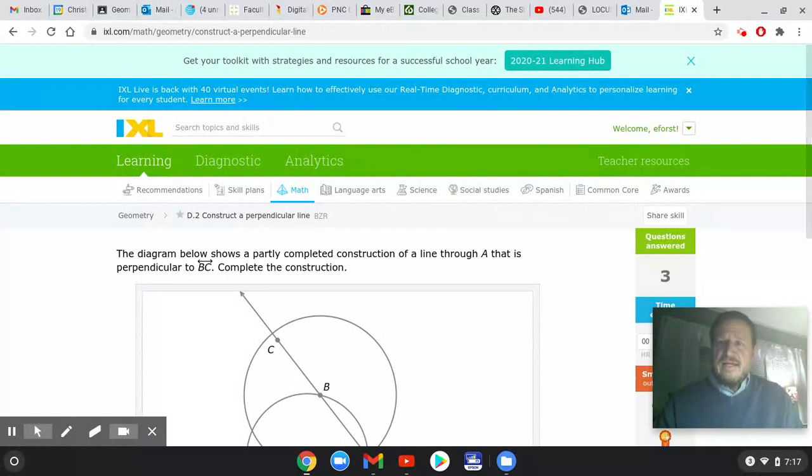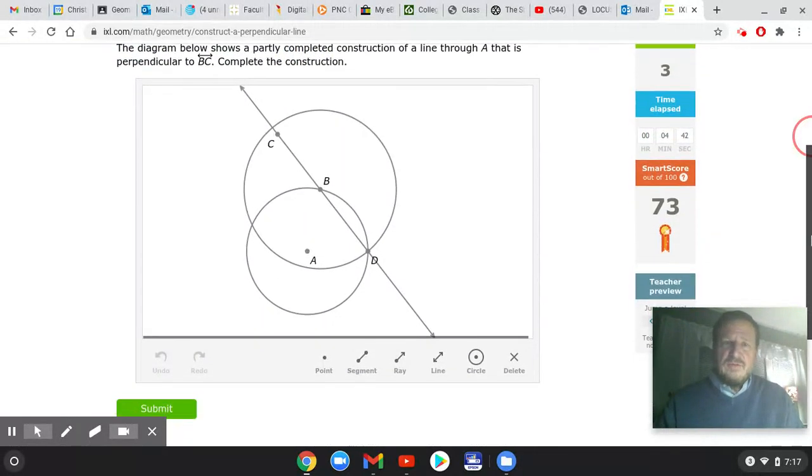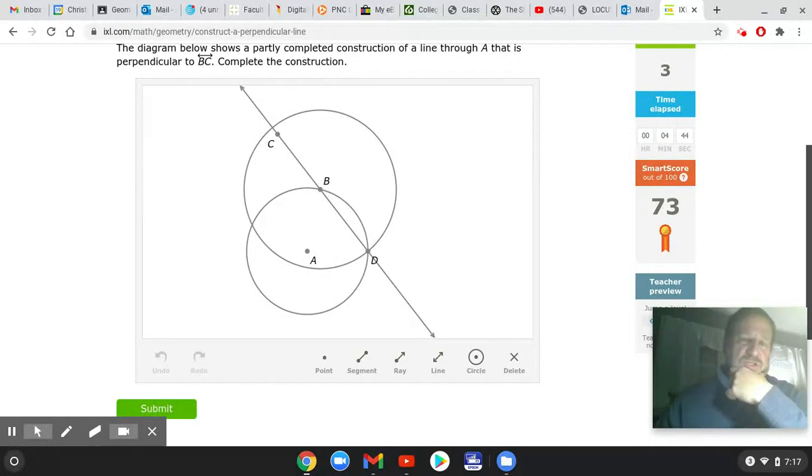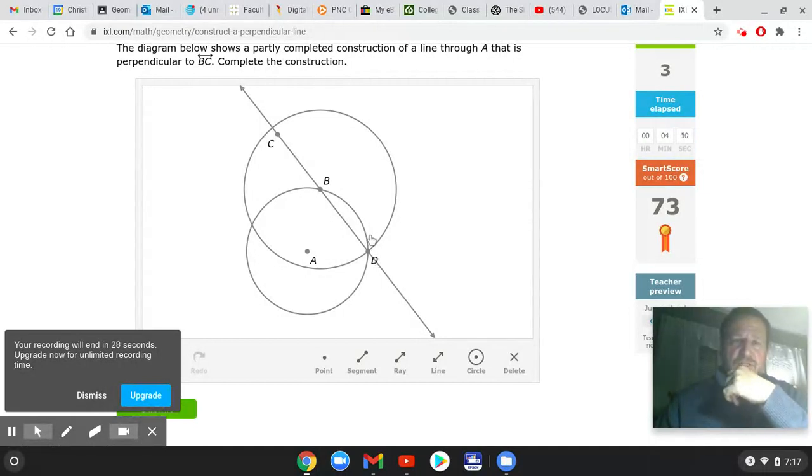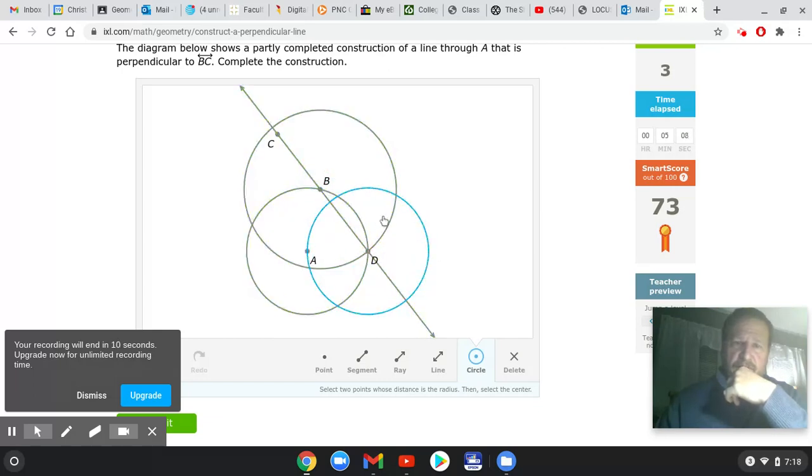Okay. And I know we're kind of running out of time a little bit here, but basically what you're going to do here is the same type of thing. You have BC here. All right, this is your BC. And what you're going to need to do is draw a line through A. So here again, we're going to have to hit our circle tool, right? And go to a couple points here and see what we can find out, and make some lines that are going to connect. So if we do the D one right here, that's going to be one right there. And it looks like we could get a point right there. So if we hit point here, we could create a point there. And it looks like we're going to get pretty close